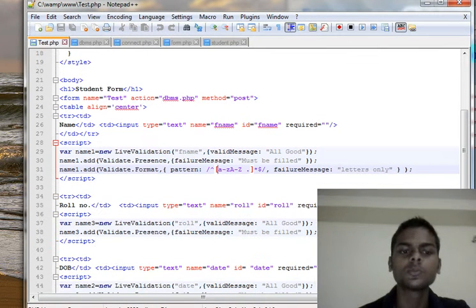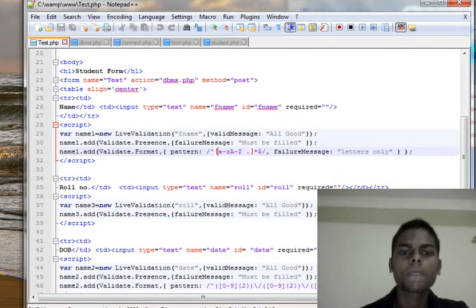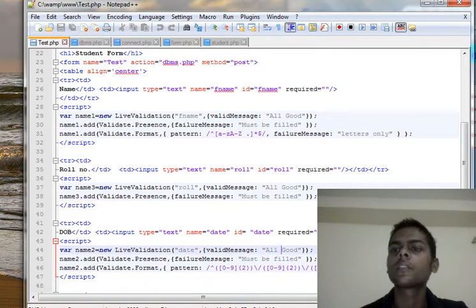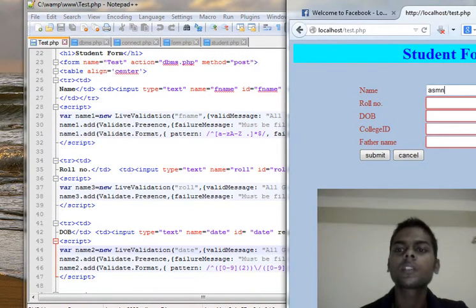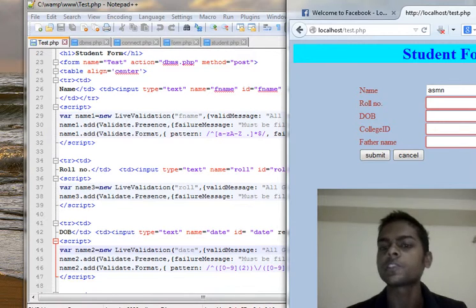Next, coming to date of birth. Here, for date of birth, you have to include this script in our form. In date of birth you can't enter any kind of format. You have to fill the specified format which is defined for the date of birth.